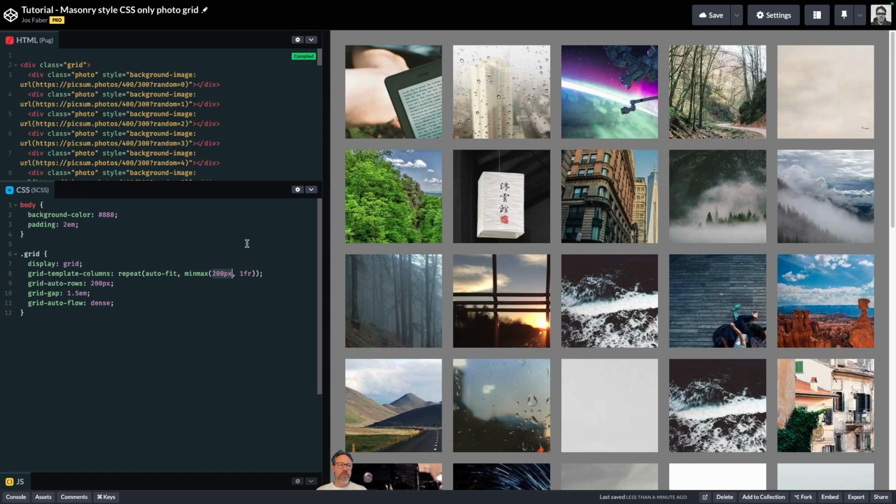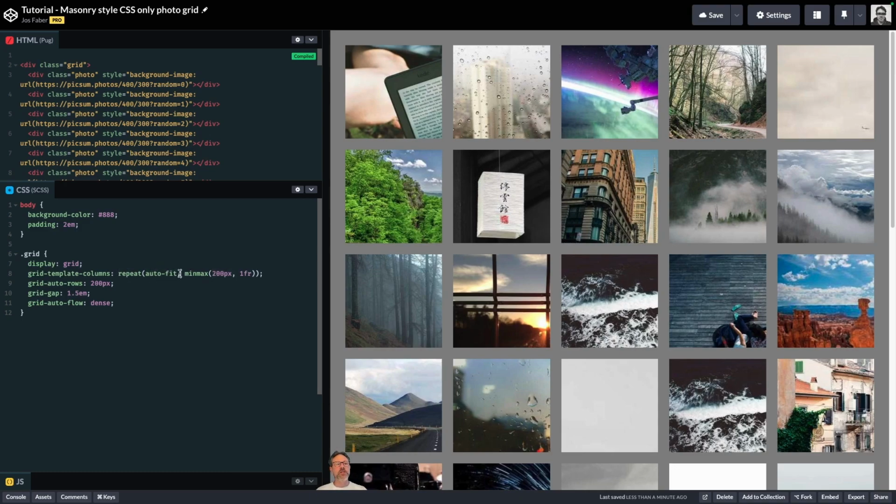We make our photos a minimum of 200 pixels wide and a maximum of 1 fraction. This will say to the browser that every column that is in there should have the same width with a minimum of 200 pixels. And I say every column that is in there because we use the auto-fit property in